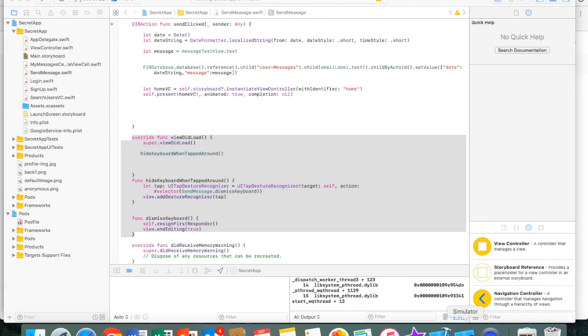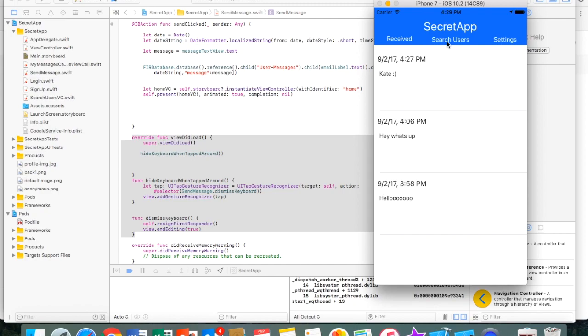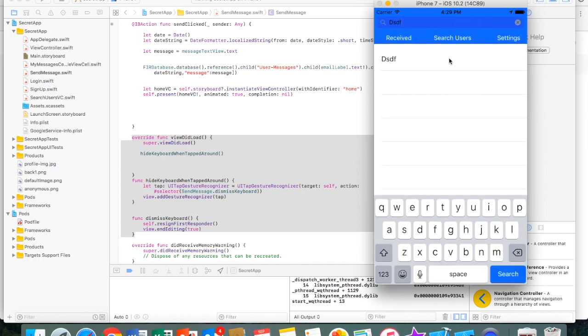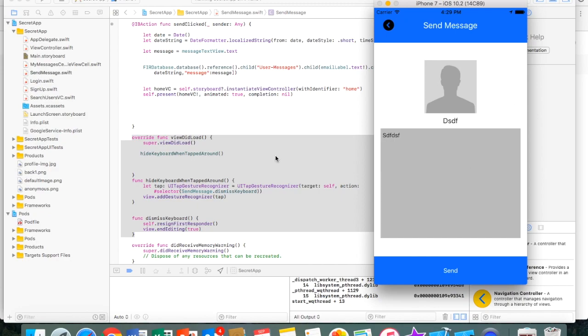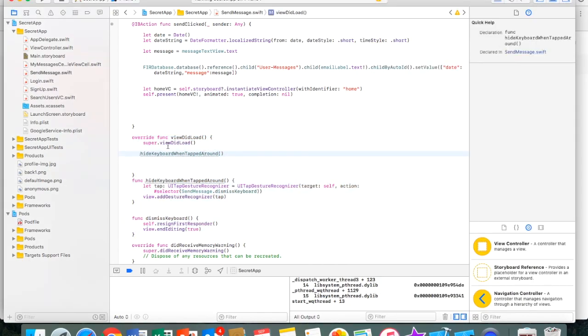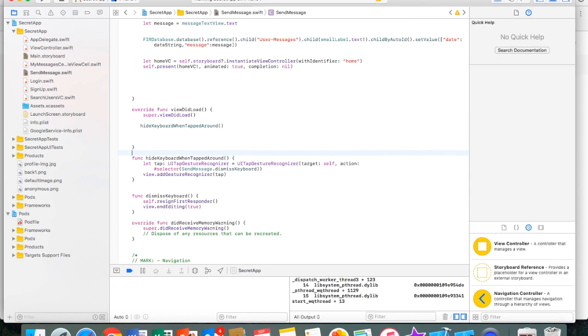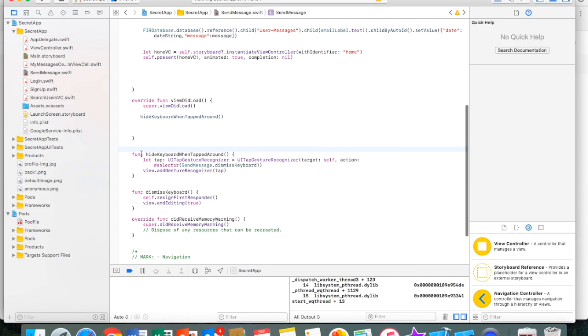Another thing I noticed is sometimes the keyboard is not dismissing, and you can't get to this send button down here because the keyboard is there. So a way to fix that is to add this method to all your classes that have a keyboard in them, so that you can just click anywhere and then they'll just disappear. So first thing you got to do is add these two functions here. I call it hide keyboard when tapped around. And then what we're doing is just adding a tap gesture recognizer. So anytime you tap this screen,